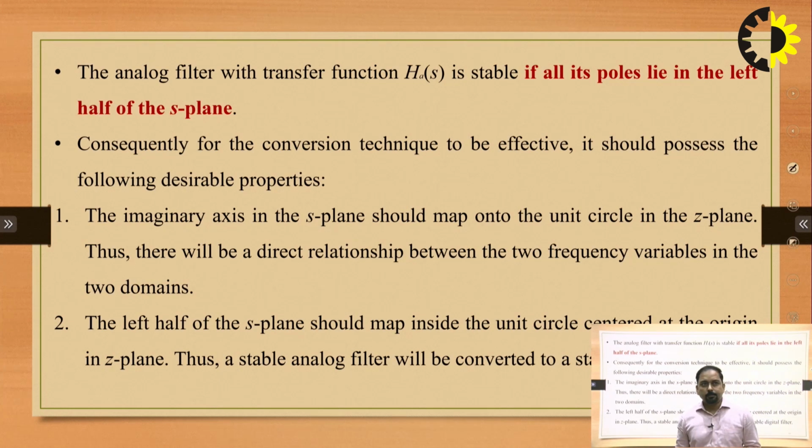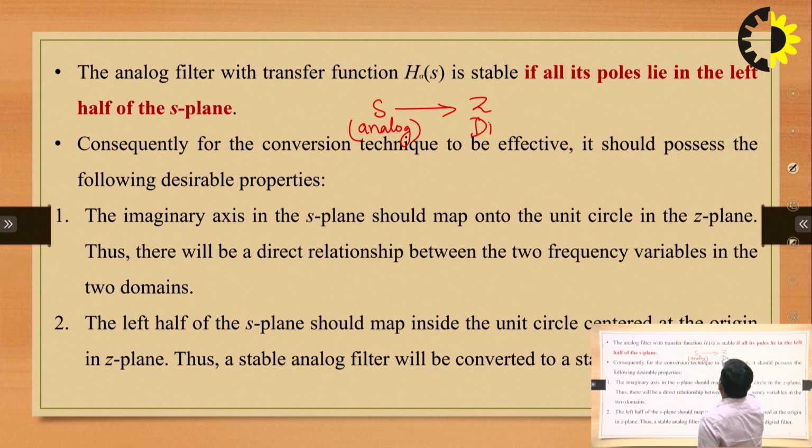Now, the analog filter with transfer function H of S is stable. We are already aware that this is so if the poles are lying in the left hand side of the S plane. Consequently, for the conversion technique, meaning if we are converting an S domain or analog filter into the Z domain, which is digital,